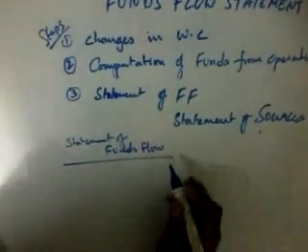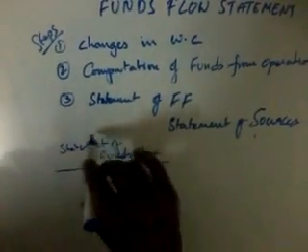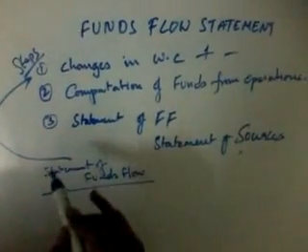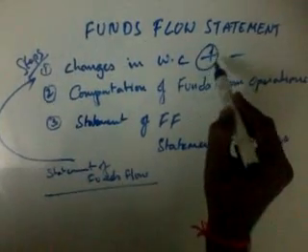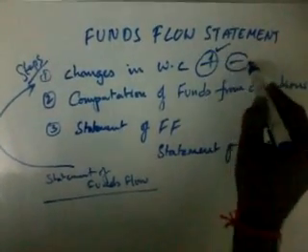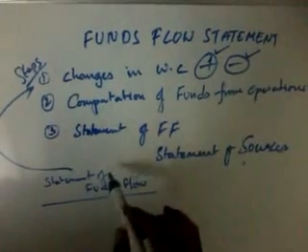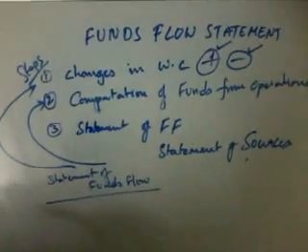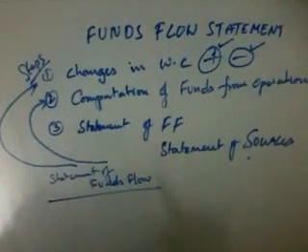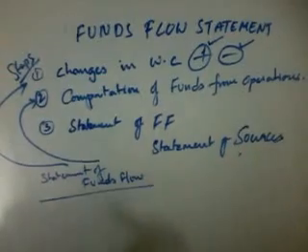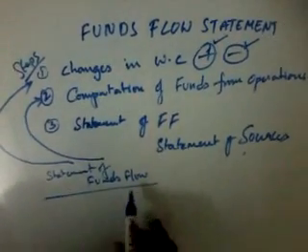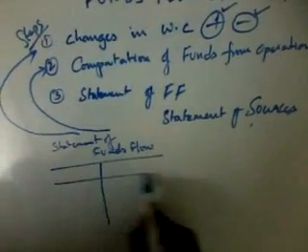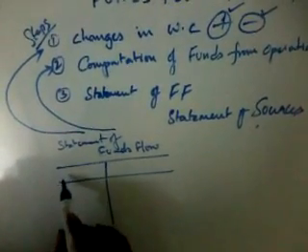To prepare a statement of funds flow, first of all we need to find the changes in working capital, whether it is an increased working capital or decreased working capital. Next, we have to prepare the funds from operations, whether we got funds from operations or we lost funds from operations. We have to find out. And next, we have to prepare a funds flow statement which